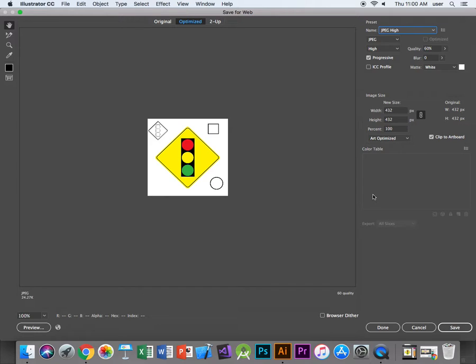It's in pixels. So this is only used when you know you need to go to web or something like that, where you want to save out as a JPEG or a GIF or something like that. But mainly for Illustrator, you're saving in PDF, you're saving in AI, or you're saving in PNG. Okay, those are going to be the best file formats to maintain your Illustrator quality. Okay, so I'll press cancel,